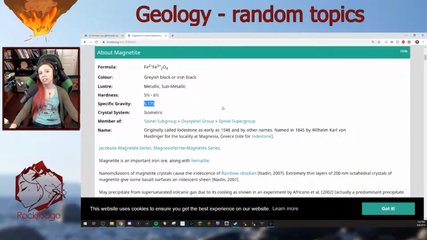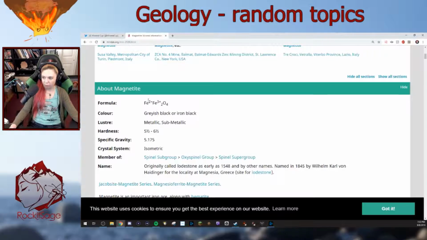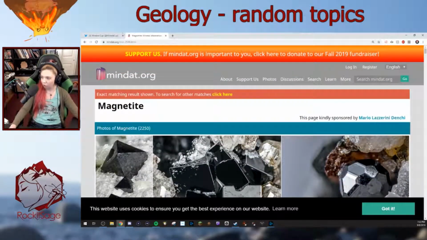It's opaque in thin section and in hand sample, so it's not translucent, not transparent. It's got metallic bonds, so that makes sense, right? It usually contains some titanium, and the titanium can replace part of the iron, and it does form a complete solid solution series with another mineral called